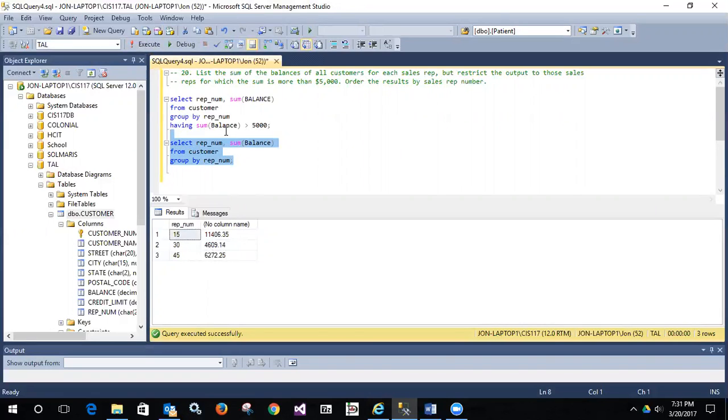Okay, and so if we now eyeball it, this is more than 5,000, he should be included, rep 15. This is more than 5,000, she should be included, rep 45. Rep 30 should be cut out, and if we add this in and do it that way, that's exactly what we expected. So you can still sanity check it, it just takes a little bit more drill down